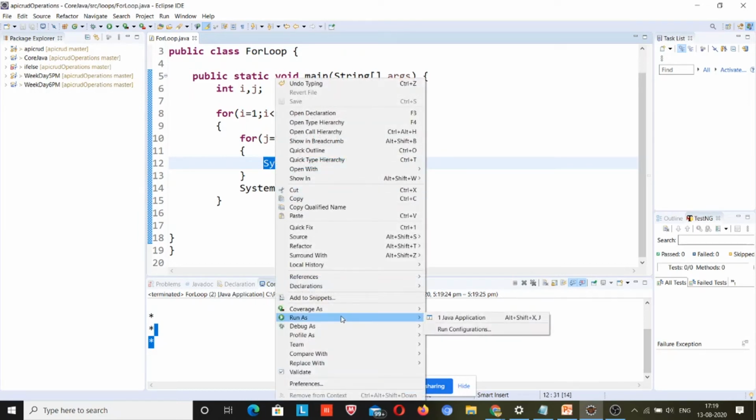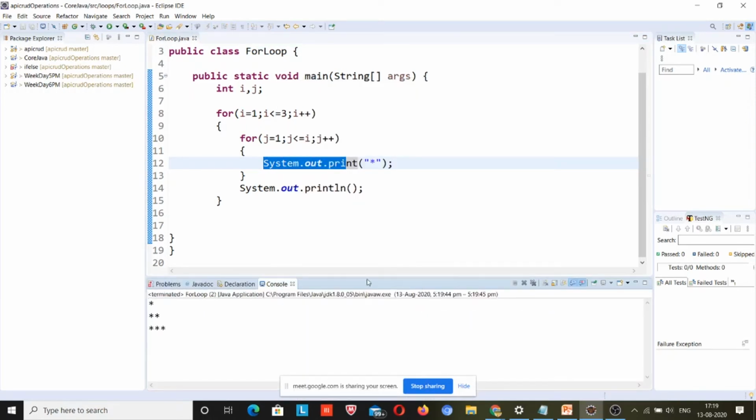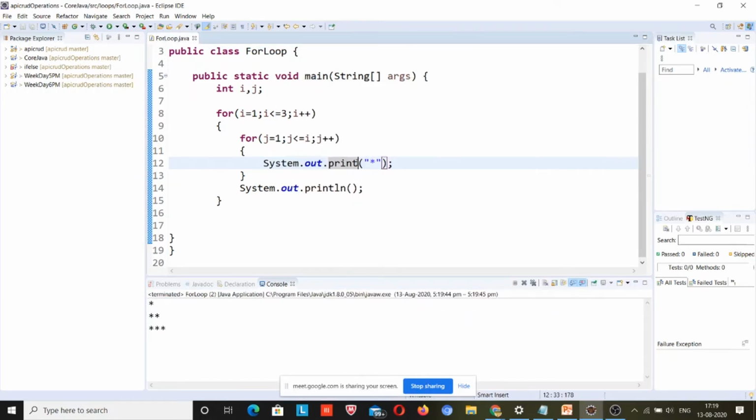Not every time before printing, because if I use the line break here, once it comes up to j, it will print 1 star, and again it is going to check j, and again it will break the line. So I don't want a line break until it prints all the stars, so that's why I have done that.